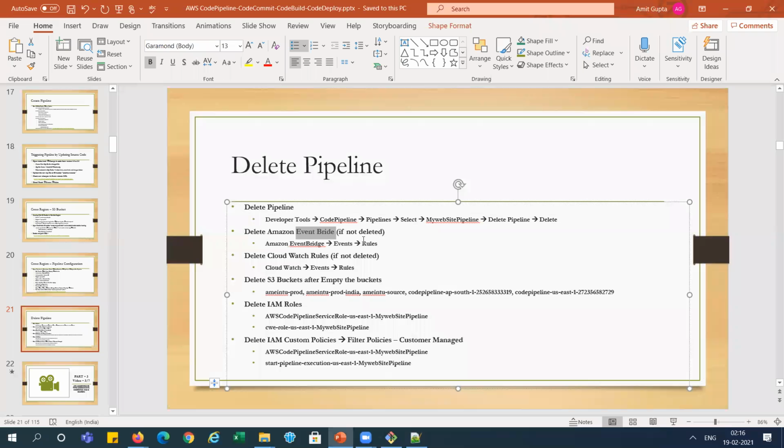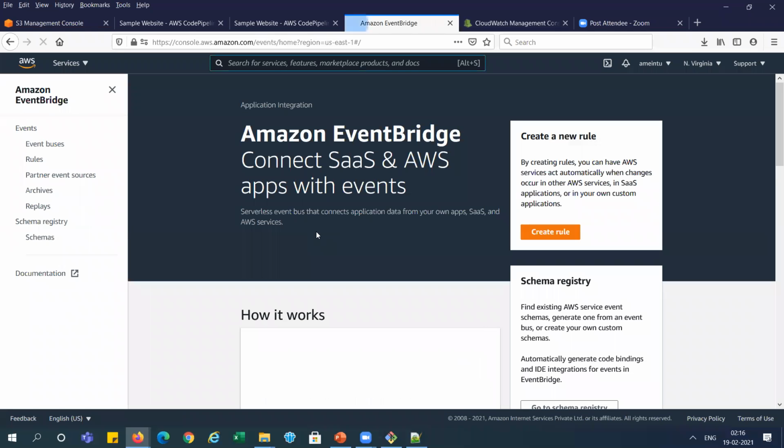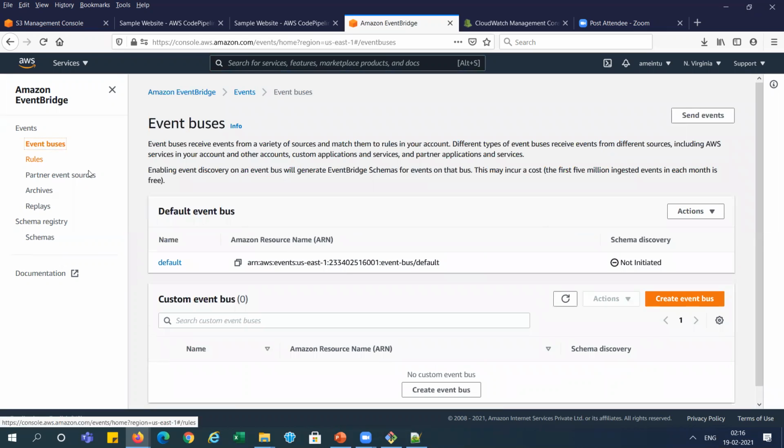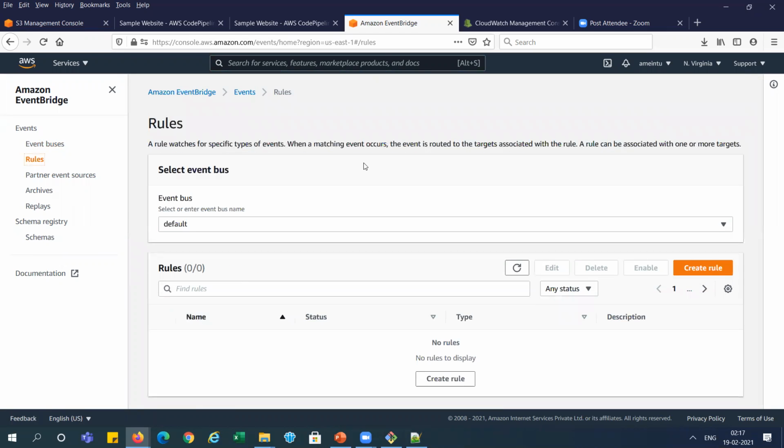I've opened it from here, and I will check whether anything is there or not. No, nothing is there, right? It is deleted. No buses, right? And no rules. No rules are there, right? Nothing is there. So we are good from this side.